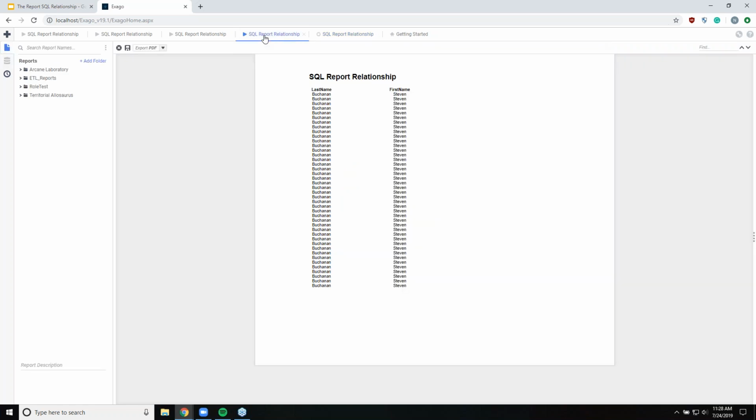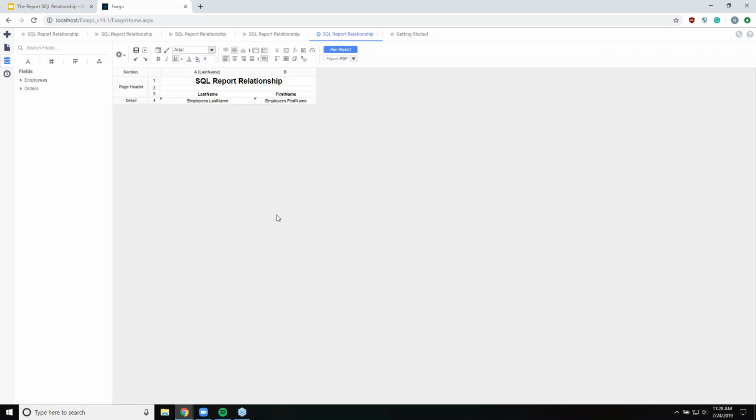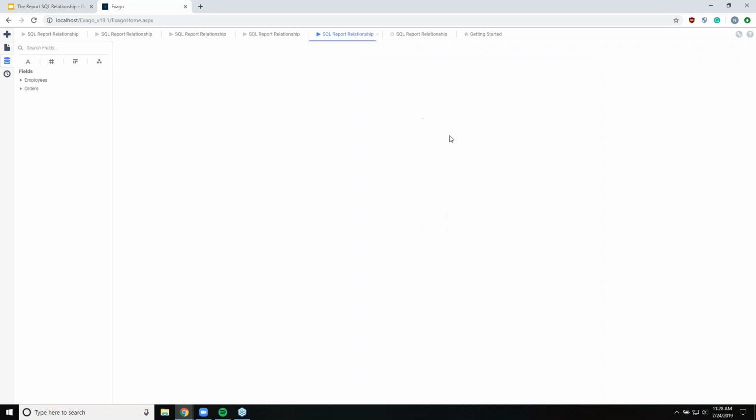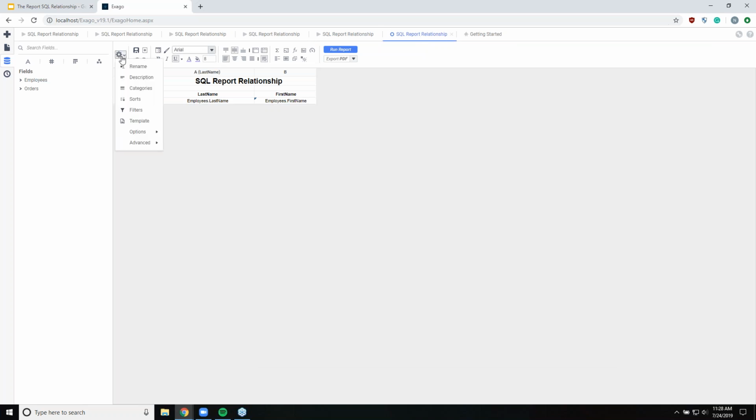So with that in mind, if I come back here, we can see Stephen Buchanan. So I'm going to just type that information in here. Now we can see that that value is going to be equal to Stephen Buchanan. And if we run this report, again, we're going to see basically the same output we saw before, but now we're still using that formula filter instead of the basic filter. And if we go back and look at that SQL again,